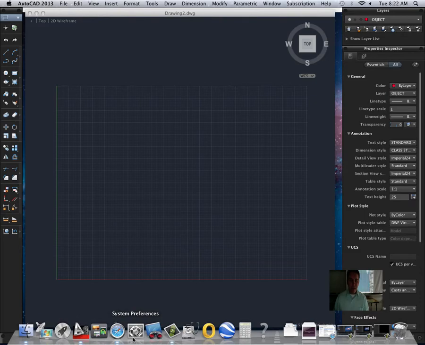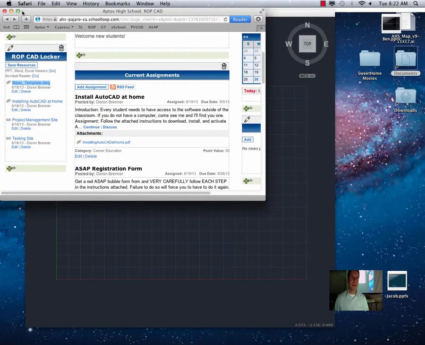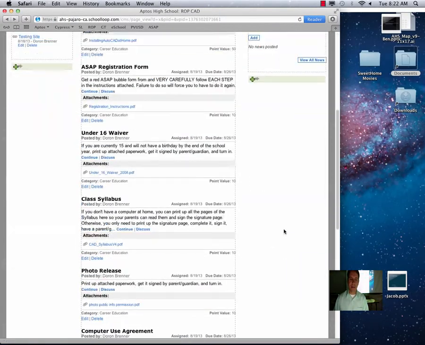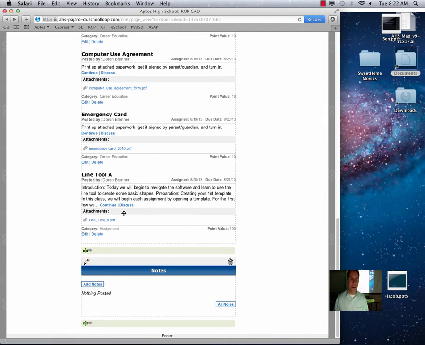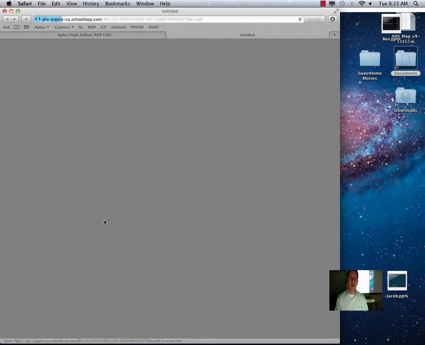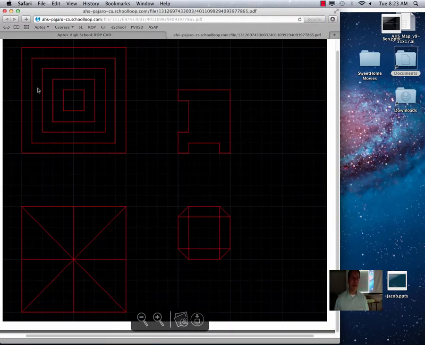Okay, next thing, I'm going to go back to our class website, and now we're officially going to begin the assignment. I'm going to do that by noticing that there is an attached PDF document called Line Tool A PDF. I'm going to open that, and that's going to bring up these files of exactly what we need to recreate. So using our line tool,